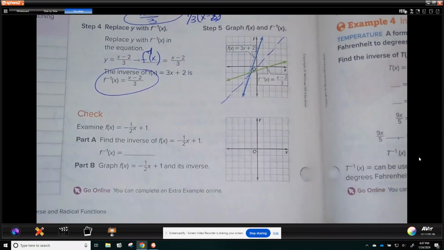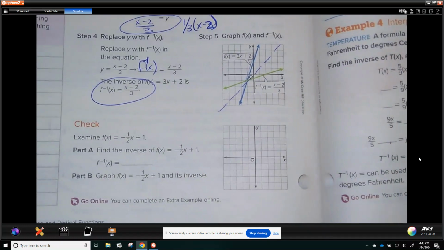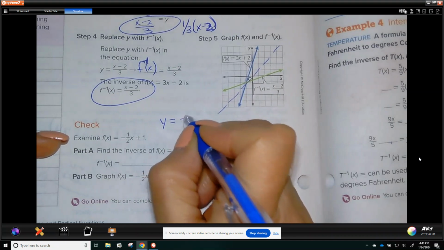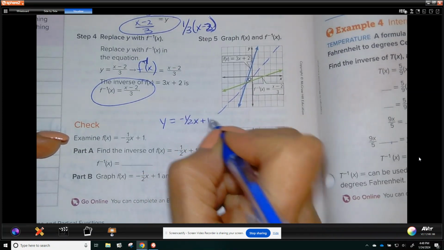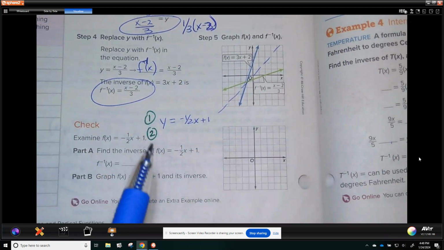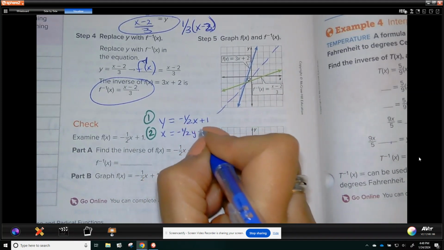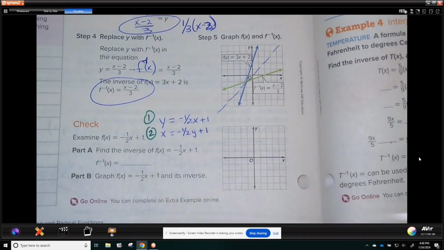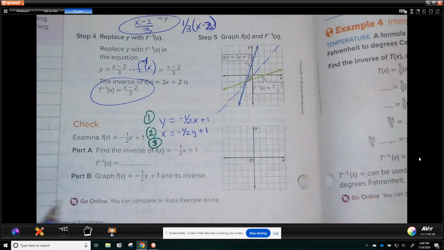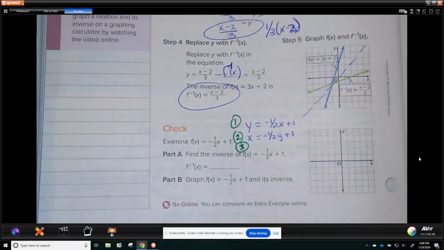So remember your three steps. 1, write y equals, that's step 1. Step 2, switch x and y. Step 3, solve for y. So I'm going to come over here to the left a little and solve for step 3